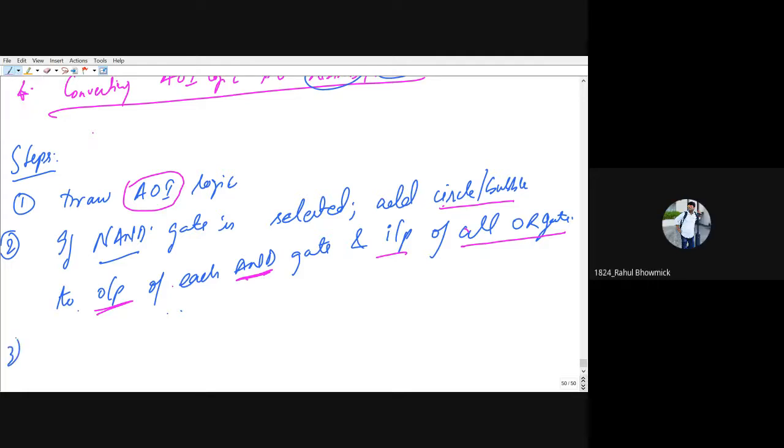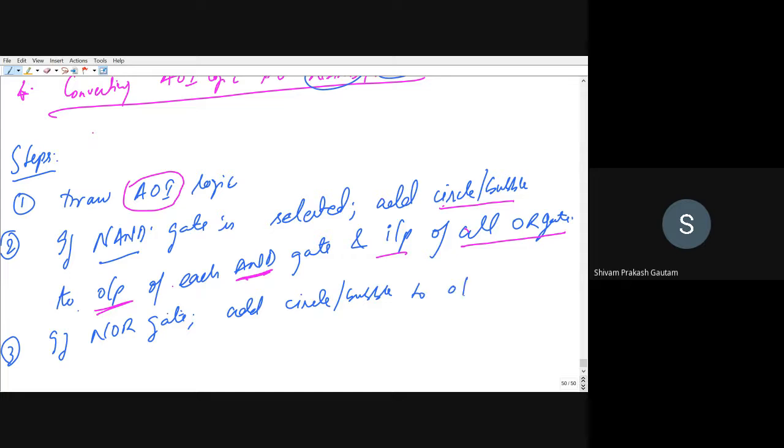Third step. Adding a circle or bubble means that we are inverting it. Correct. If NOR gate is selected, then add a circle or bubble to the output of each OR gate and input of all AND gates.